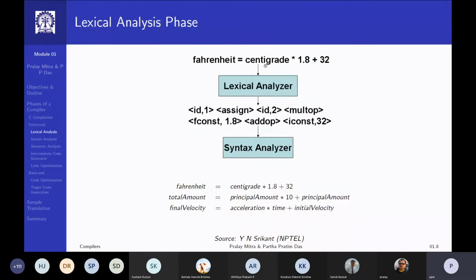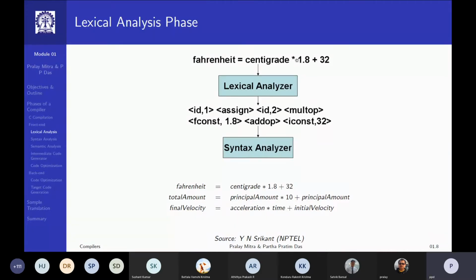After ID2 centigrade, you have a multiplication operator. You say multop. Remember, the same symbol is used for taking content of, dereferencing, but somehow we'll have to know what is what. That will come later on. Do not worry about the fact that symbols are overloaded in many places in the language.